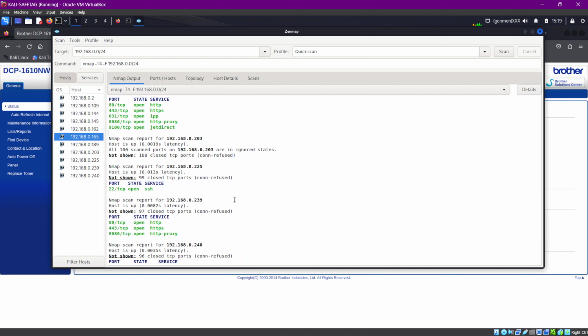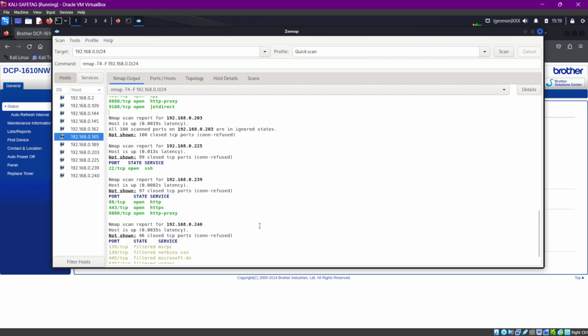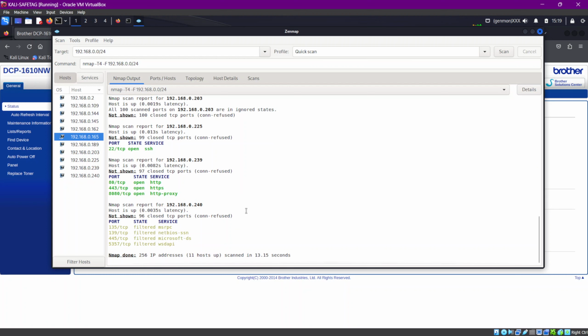but probably in an organization you won't know what every device is. You will probably need to conduct a more interesting and deeper analysis. In this case, it detected 11 hosts, and that's it. 13 seconds,